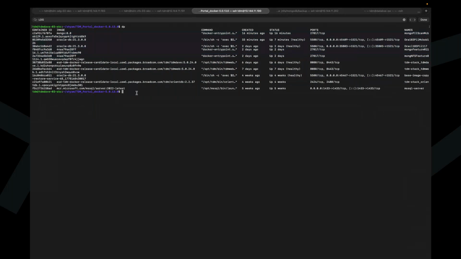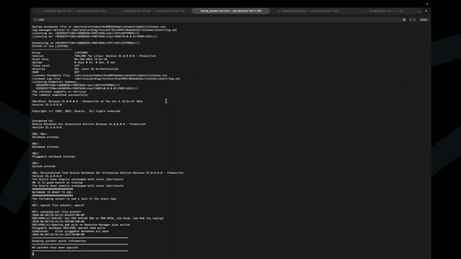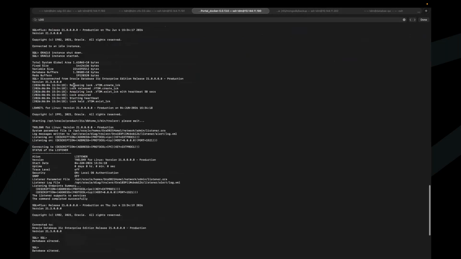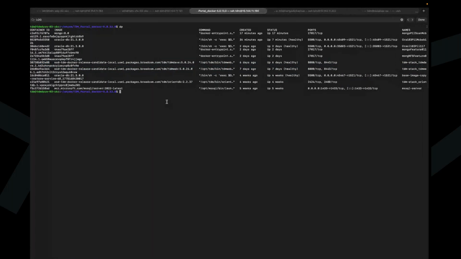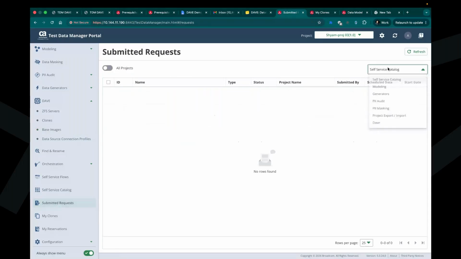If you face some issue, we can see the logs directly with Docker logs. If we get some issue with the clone, we can see it with the same Docker logs command. So here are the logs you can see. And if you want to see the Dave related things, suppose we are trying to create the base image and we want more information than what we received in the UI, like in the submit job. If something goes wrong,